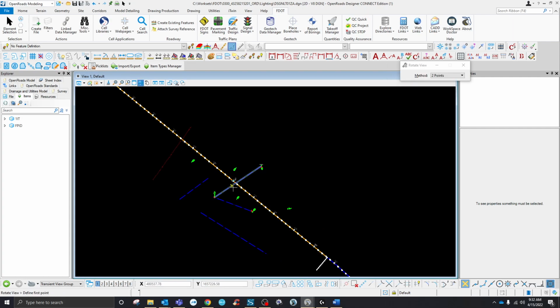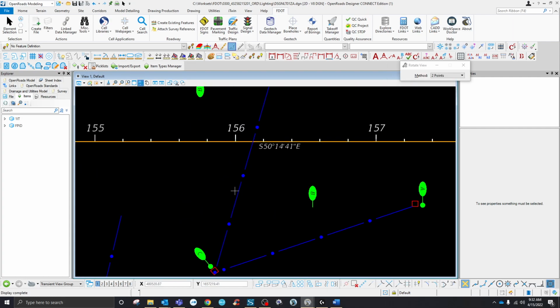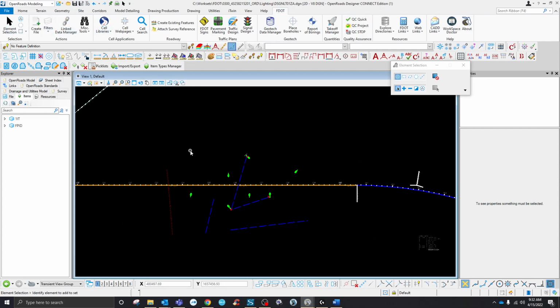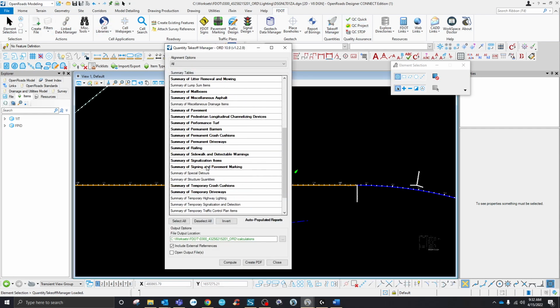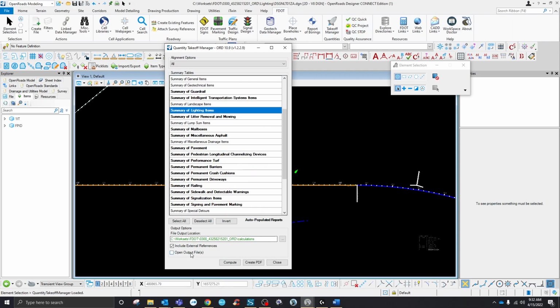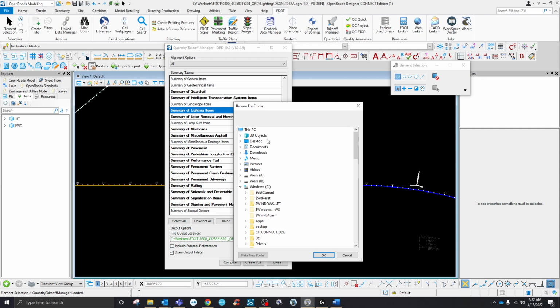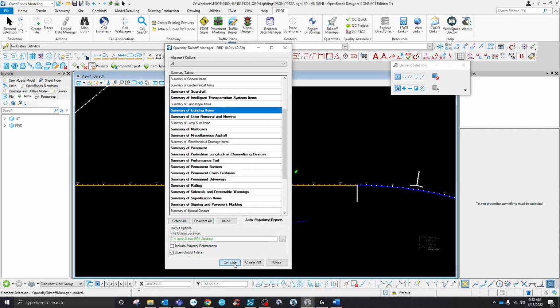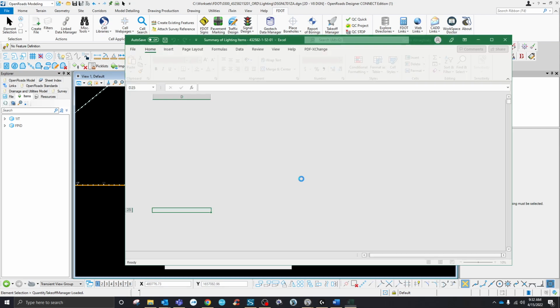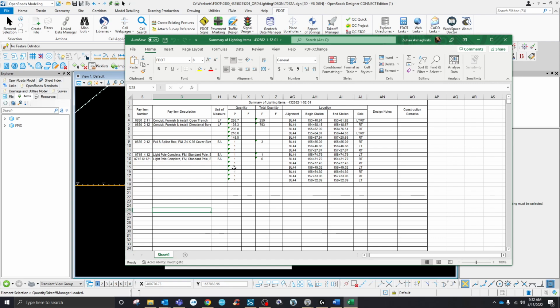Something else I like to do, because I am OCD, and if you are OCD like me, welcome to the club. Lighting, desktop, compute. I'm going to compute and tell you what exactly I am OCD about. This is what I'm OCD about. You see these numbers here? What if you want to make them cute numbers? When I say cute numbers, I mean proper numbers. What to do is,